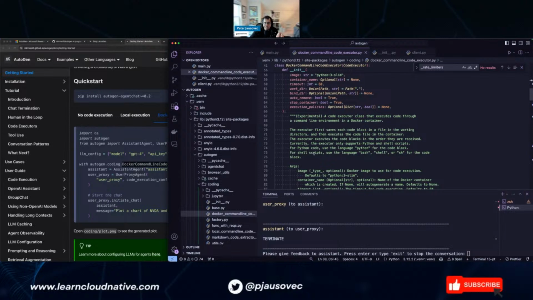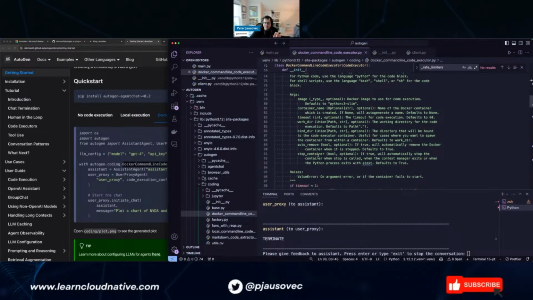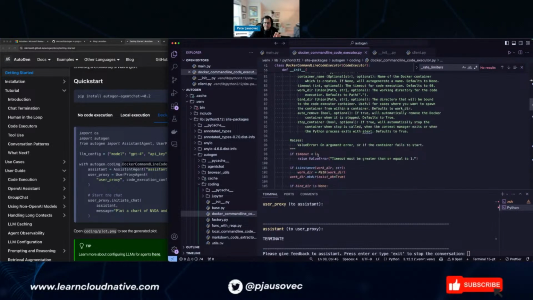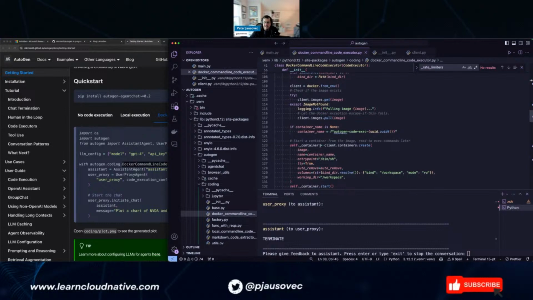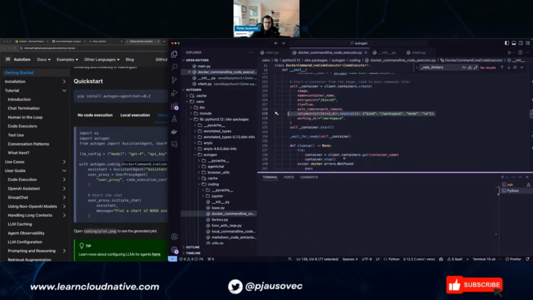And then it executes it inside of a container. Working directory defaults to path, or is that inside? No, see, it does some mounting here. So it mounts stuff.